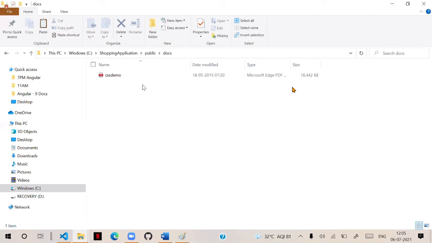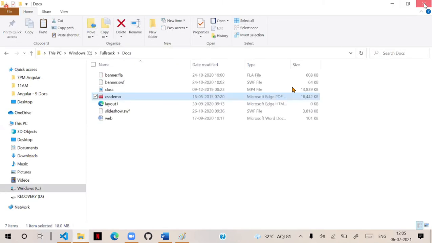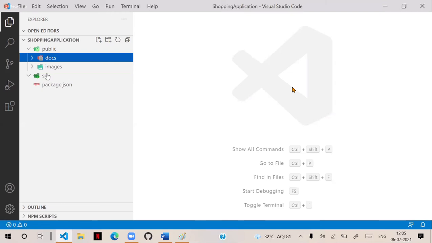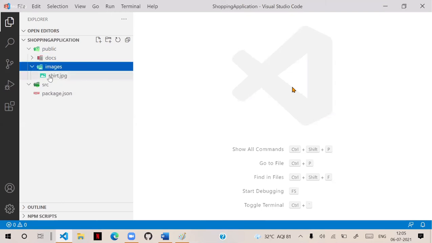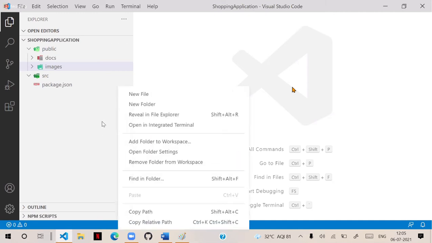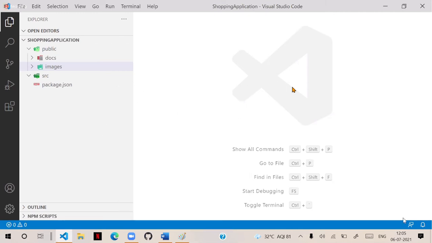That means now in our project, you can close this and you see docs has the CSS PDF and images has shirt.jpg. Some repository is present. That means you have all the files kept correctly inside this location. Okay, everything is configured and ready now.